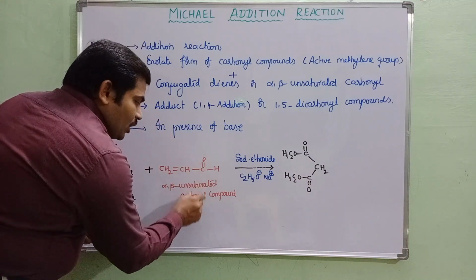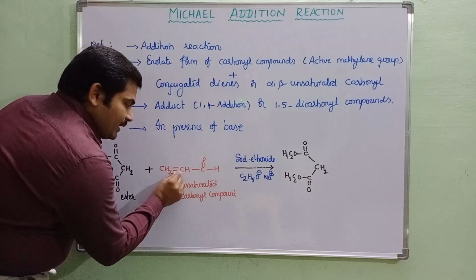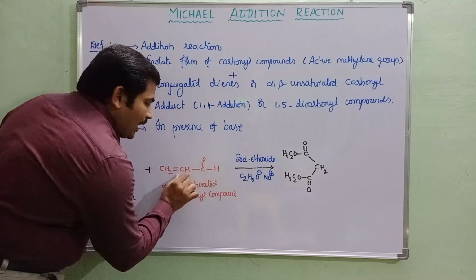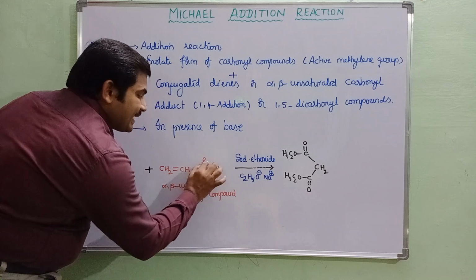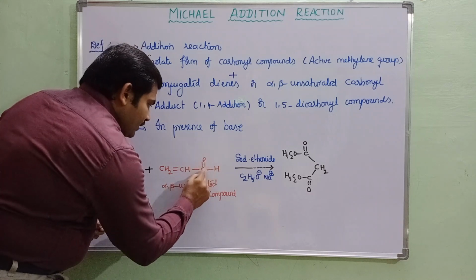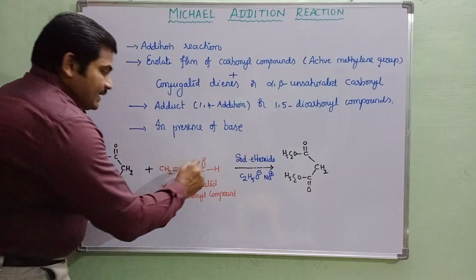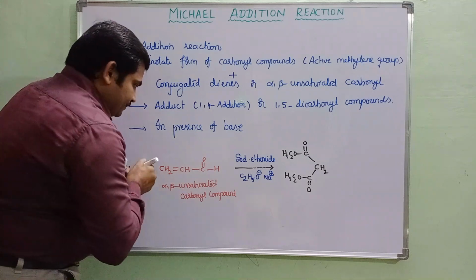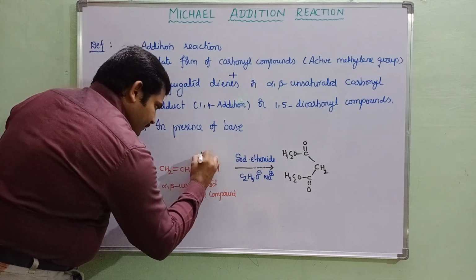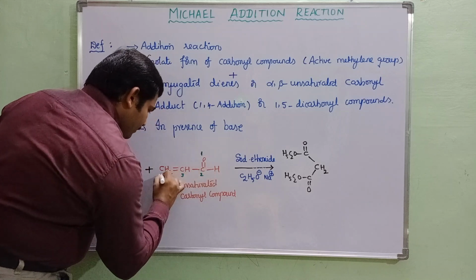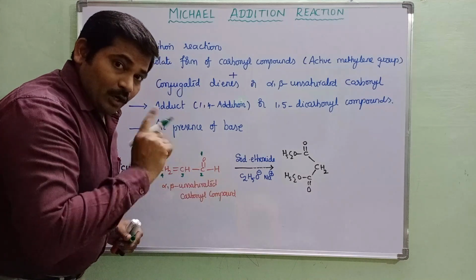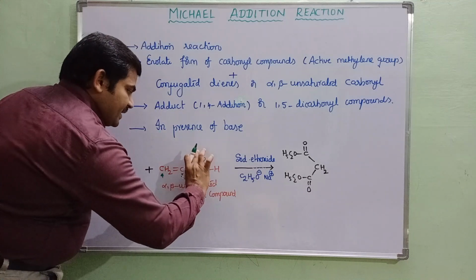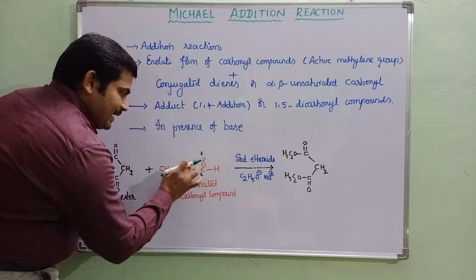How do you confirm that it is a conjugated diene system? This is one sigma bond, then a double bond, so alternate double bonds are called a conjugated diene system. So here 1, 2, 3, 4 atoms are there. In between these four atoms, there are two pi bonds. First atom, second atom, third atom, fourth atom. I am telling atom, not carbon. In between 1 and 2, 3 and 4, there is a diene system.